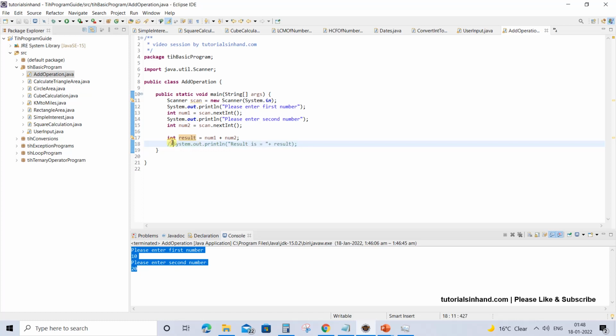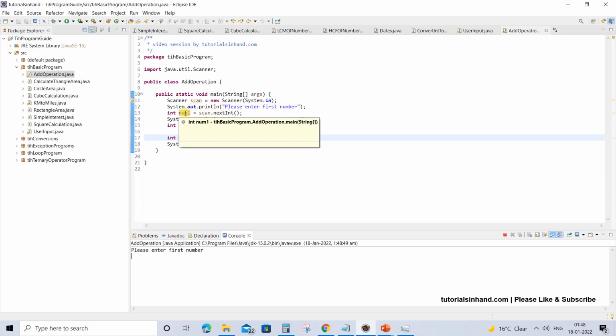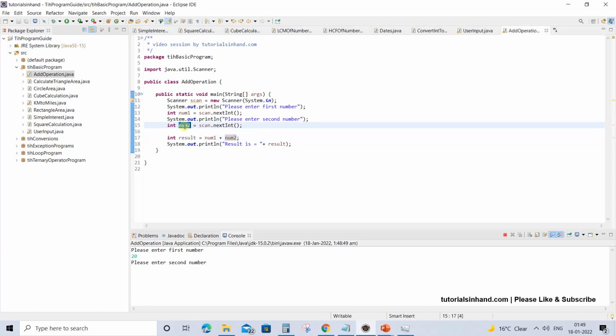So in order to ask it to print, you should write System.out.println and then print the result. And now if you execute this one, you will be able to see the result. So this time, please enter the first number. It is expecting you to enter the first number and waiting for you so that it could assign to num1. So let's enter 20 this time. Now it will ask you to enter the second number and again wait for you, so that the number you enter should be assigned to the num2 variable. So this time let's enter 30.